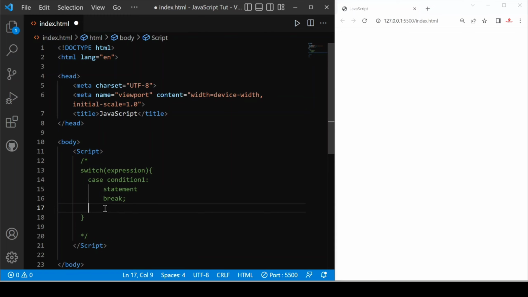After break we provide case condition 2, colon, again a statement, and then break. And after that we have the third case, condition 3, colon, statement,